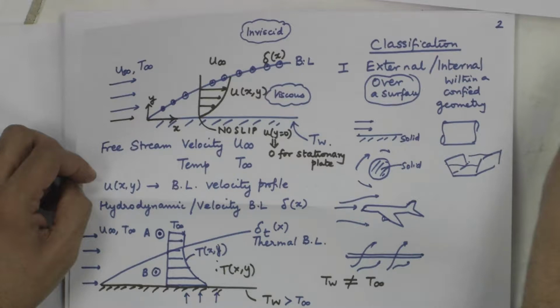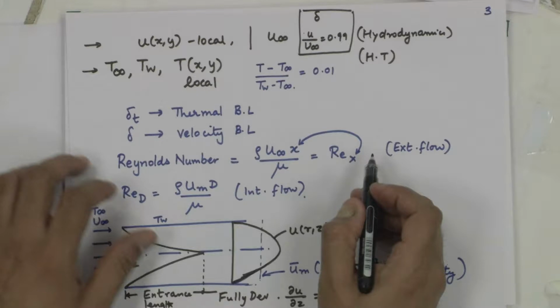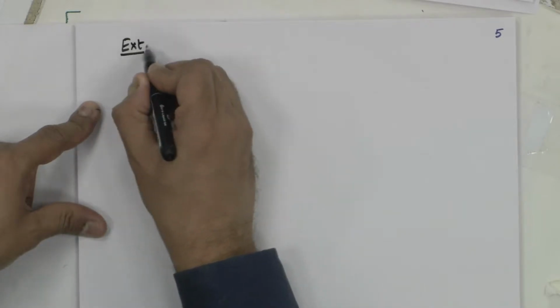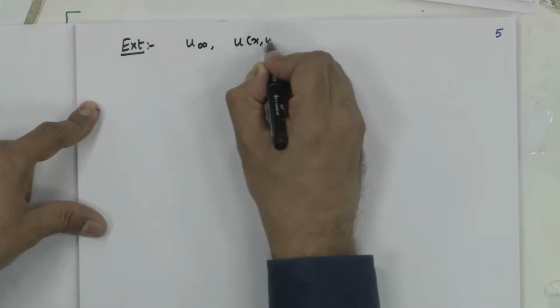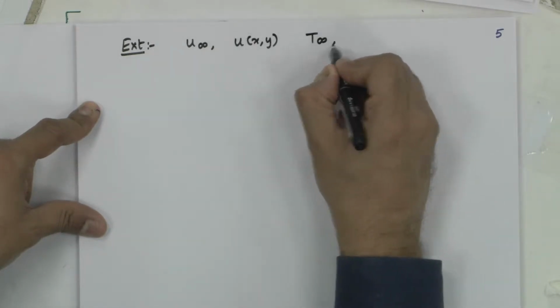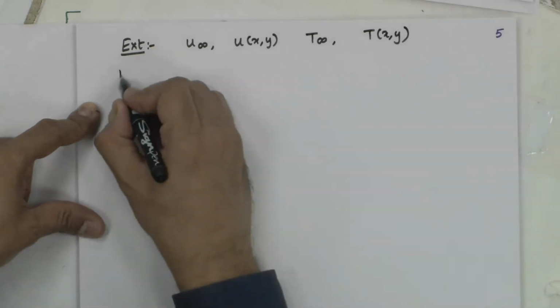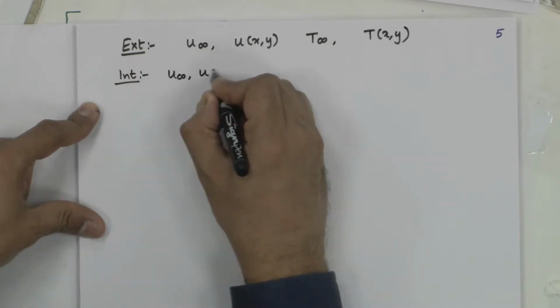As in case of internal flow, we are going to have certain quantities. In case of external flow, we are going to have certain quantities. What are they? Let us just write external flow. We have u infinity, we have local u of x comma y, T infinity, T of x comma y. Okay. Internal flow, on the other hand, we have u infinity, u of x comma y,